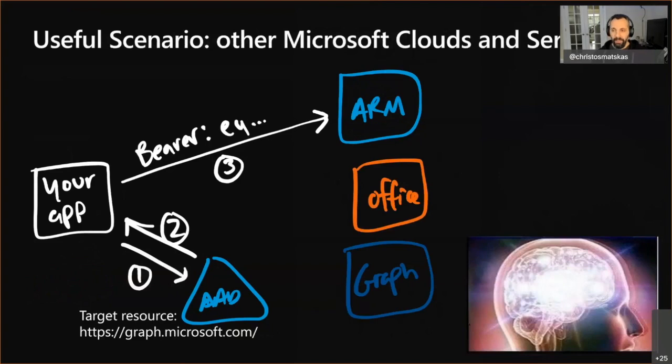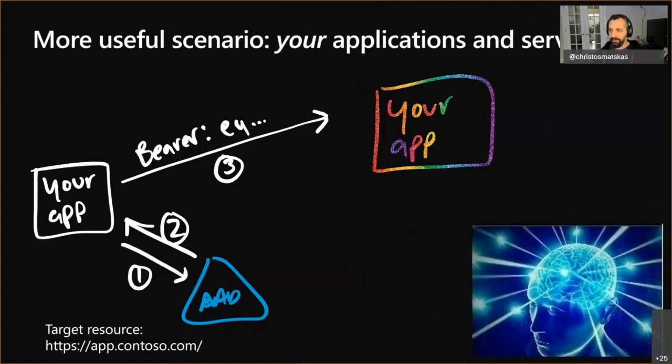If I am thinking about the other scenarios like Office and Graph and what have you, then I can use, again, a managed identity behind the scenes to go and grab my token. And then as long as my managed identity has the right permissions to go and speak to Graph or Office or SharePoint or whatever, then I can do that as well. And finally, the exact same pattern can be used for me to, from my application, my front end, say my single page app, written with TypeScript and JavaScript, go and speak into Azure AD, grab the appropriate tokens, and then go and speak to my other service, my other API, which is also secured.